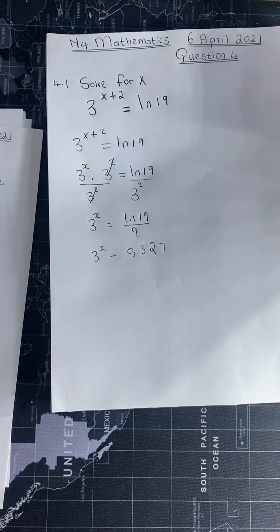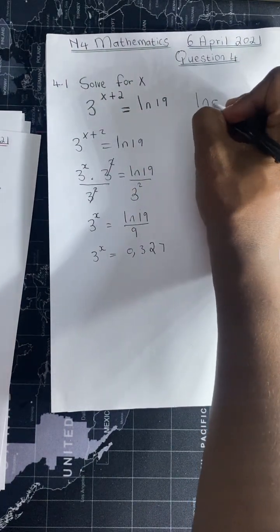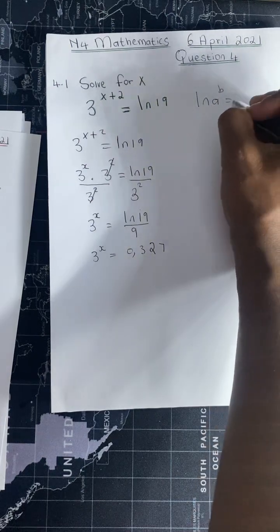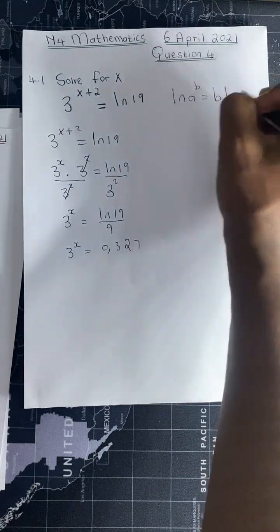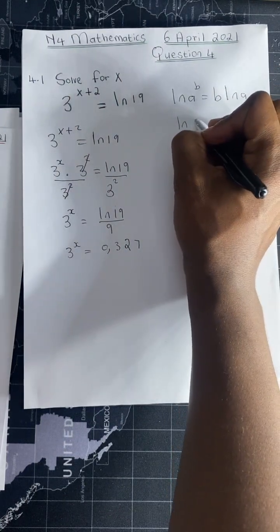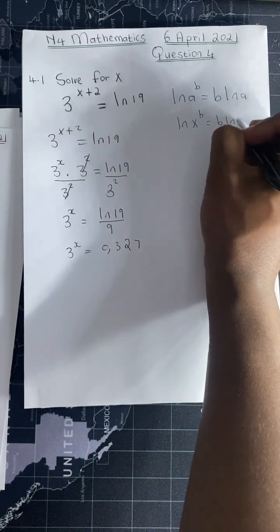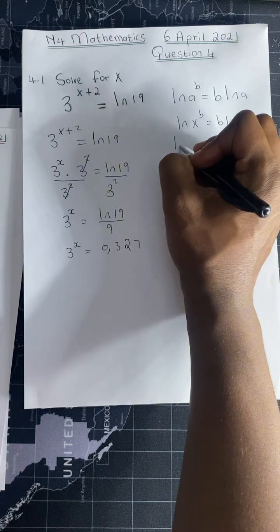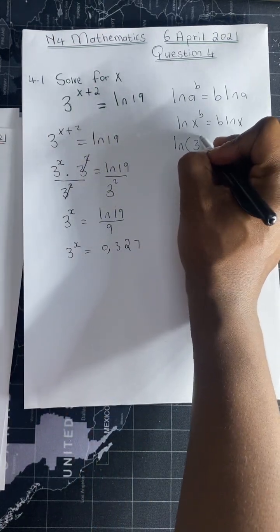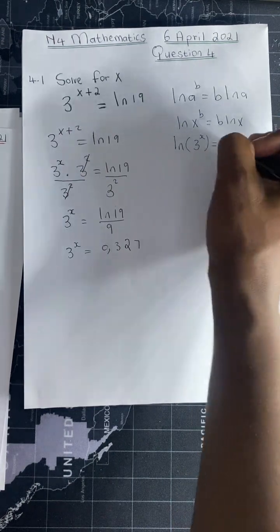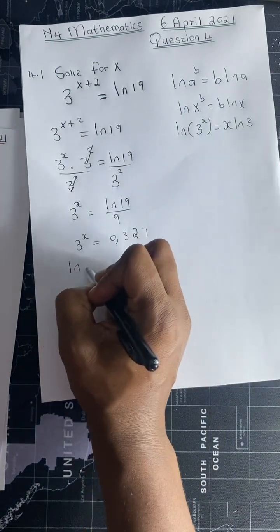and from here we have to use our logarithmic laws. So if we had ln of a raised to the power 2b, this is the same as b ln a, or if we had ln of x raised to the power b, this is just the same as b ln x. In our case, we have to introduce ln so that we can have ln of 3 raised to the power x, and this will be equal to x ln 3. So we introduce ln,